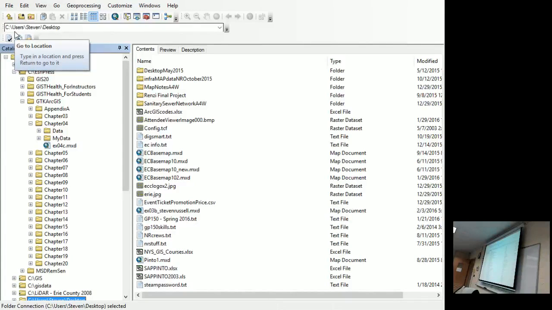Okay, so actually, since I've got data different on my laptop as opposed to this, I'll do that again. Okay, folder plus icon, click, oops, highlight desktop, click OK.